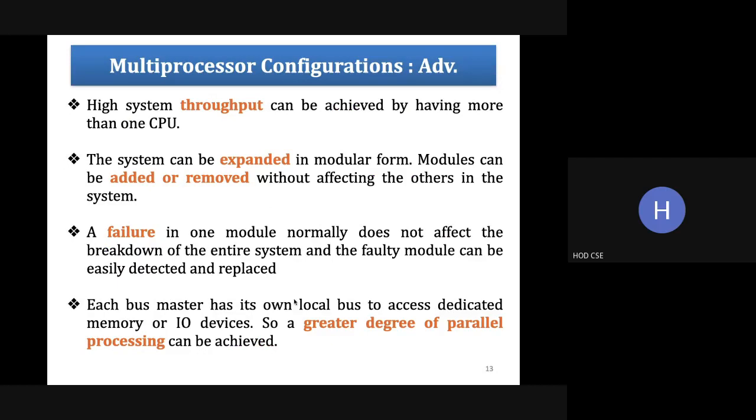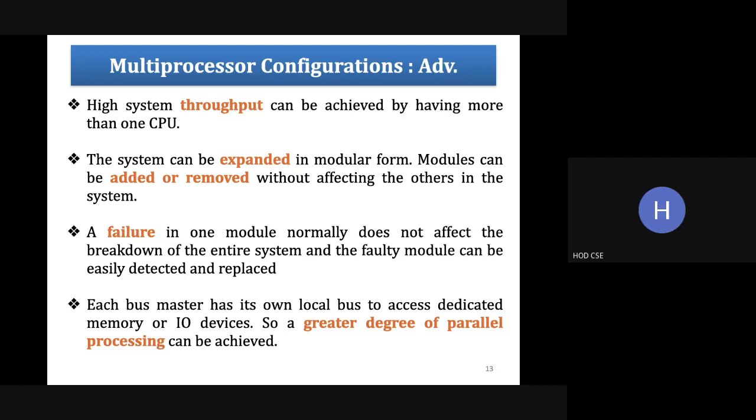Okay. So let's again come to the advantages of multiprocessor configuration. So here there are three techniques. Okay, one is the coprocessor. Second one is the closely coupled configuration in which we have the IO processor 8089. And the third one is the loosely coupled configuration. Okay, so these are the three multiprocessor configurations available.